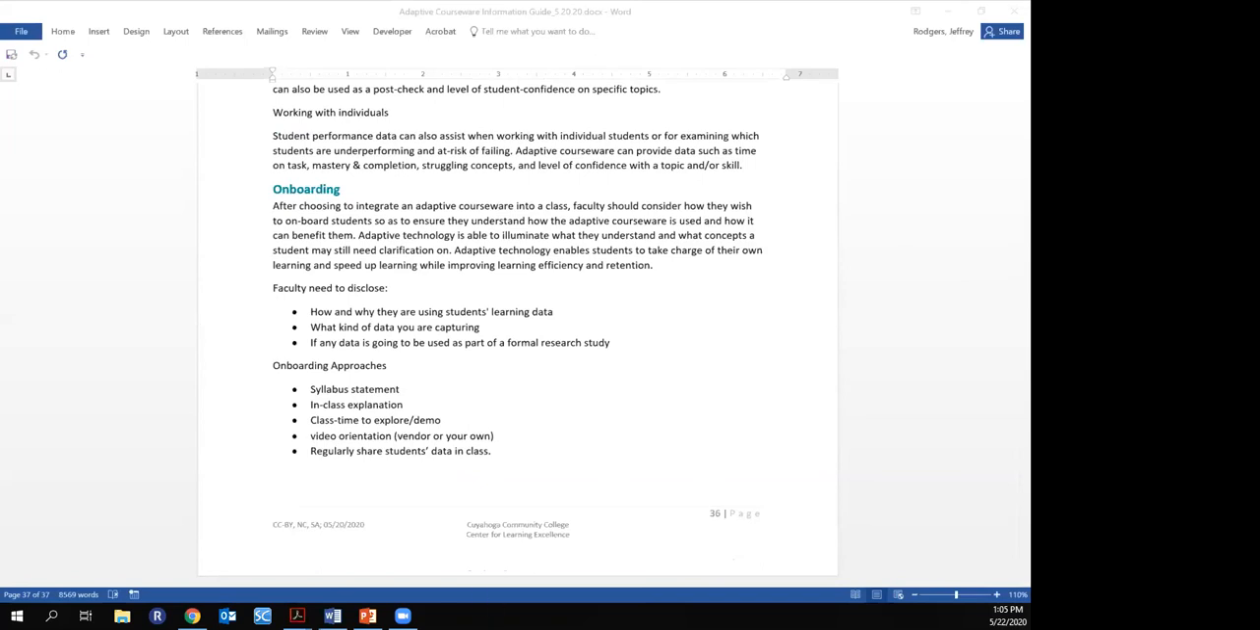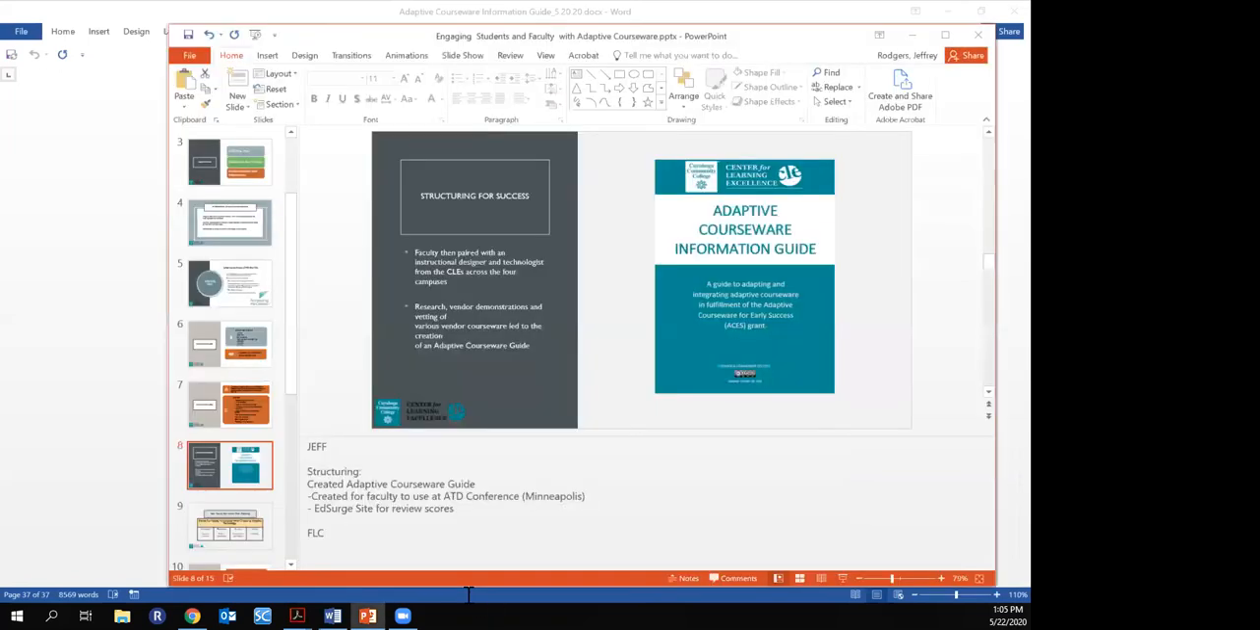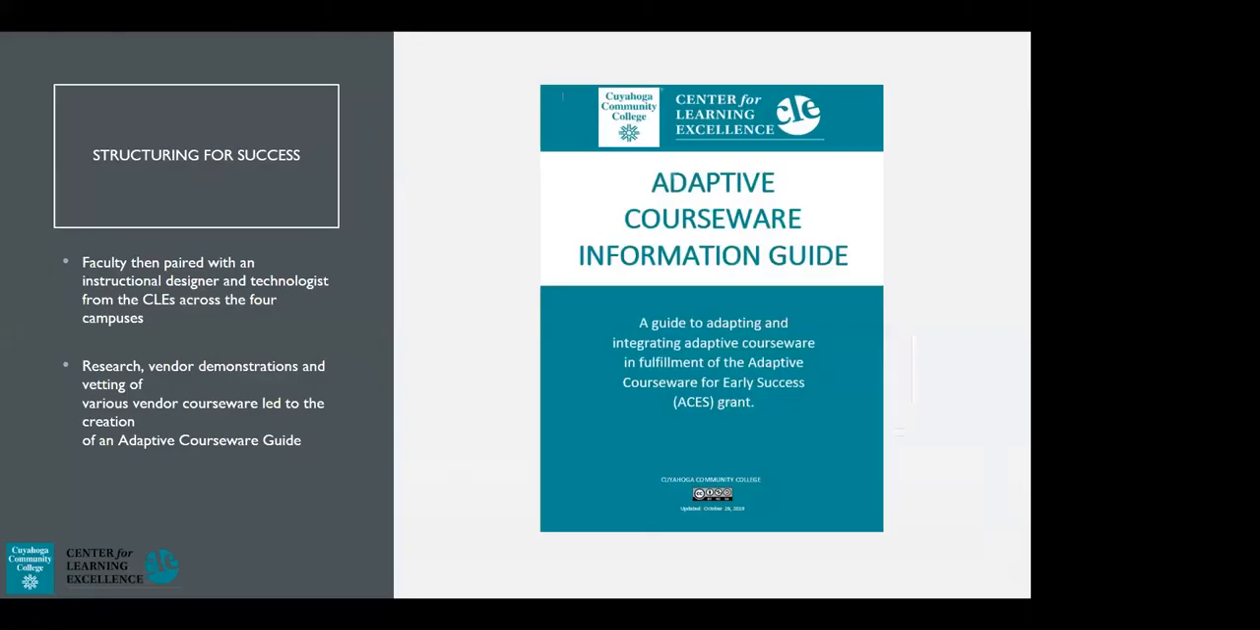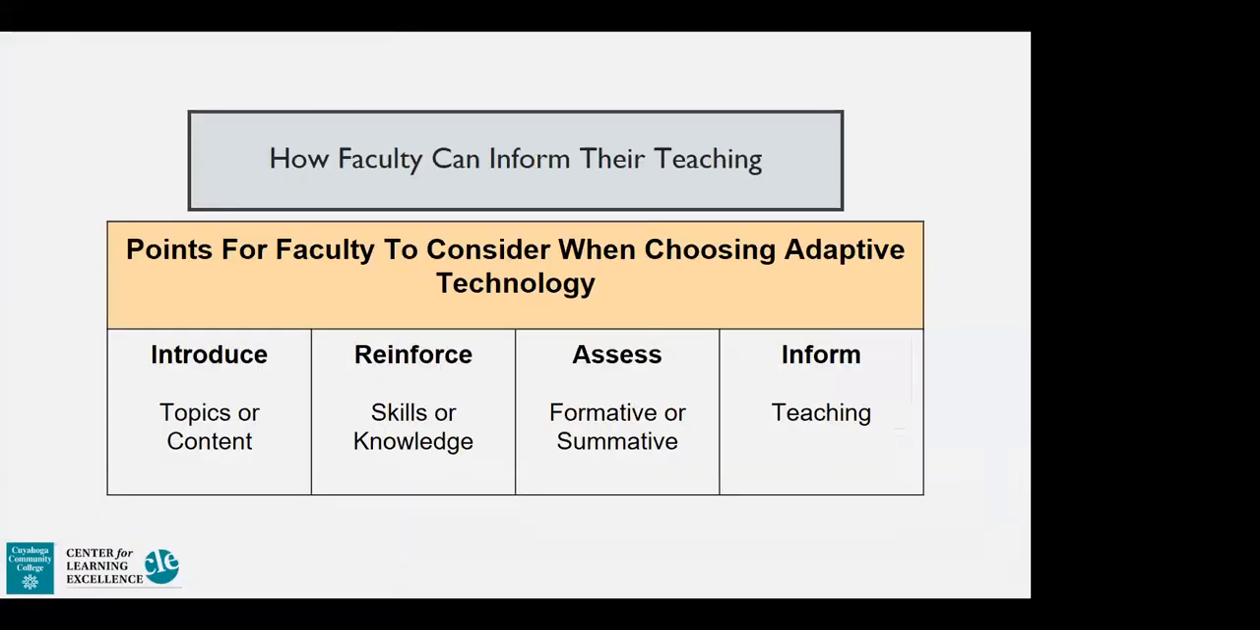But I'm going to go ahead and flip back over to our PowerPoint here. So one of the things we figured out throughout our whole process was, when approaching faculty about whether they're going to want to adopt an adaptive technology, one of the aspects that we try to inform them about is they need to think about how they're going to